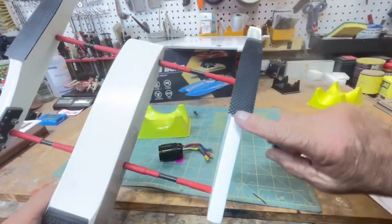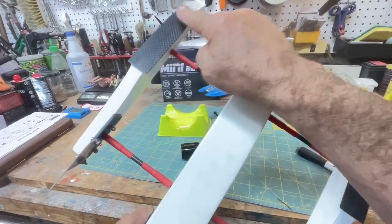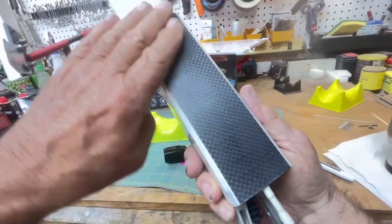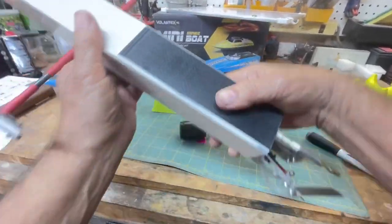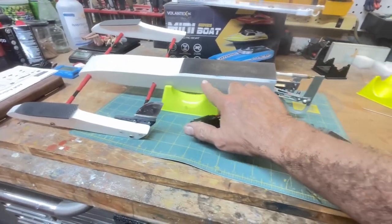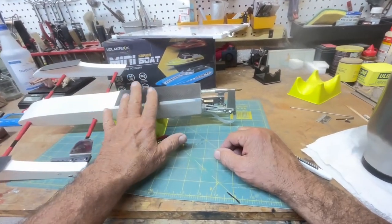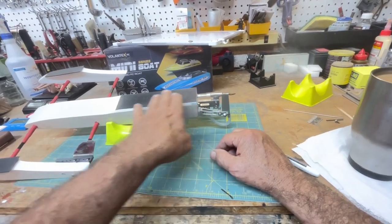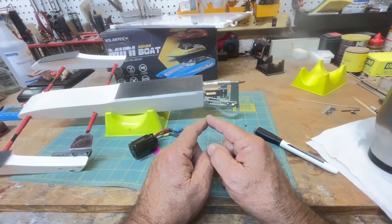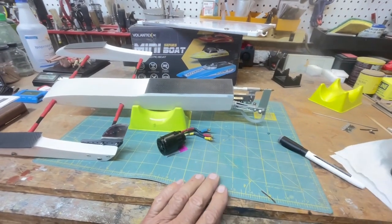So I leveled out the sponsons. I put carbon fiber ride plates on it, and I leveled out the bottom and put a single flat ride plate. In retrospect, I should have leveled it out to this level here all the way across, leaving a gaping hole that I could just fill in with a piece of fiberglass and then put a ski on top of it. I mean, this is the ski. It's just really wide. I knew that when I built it, and I said, this will be the easiest way. Anyway,